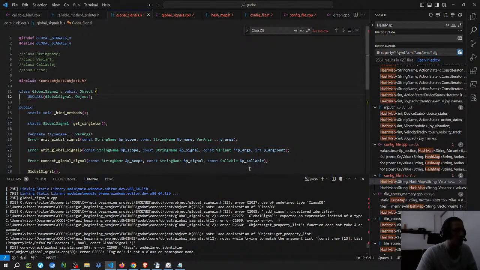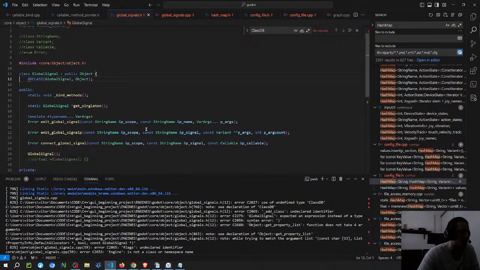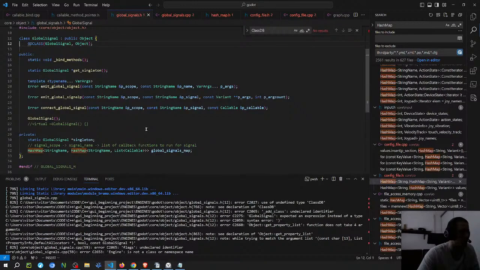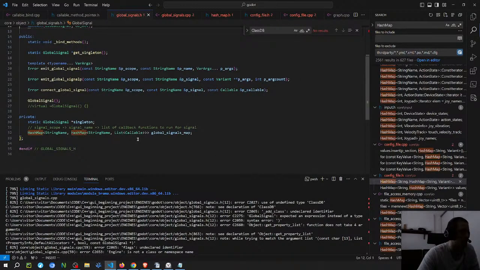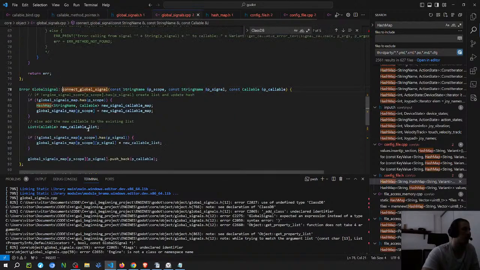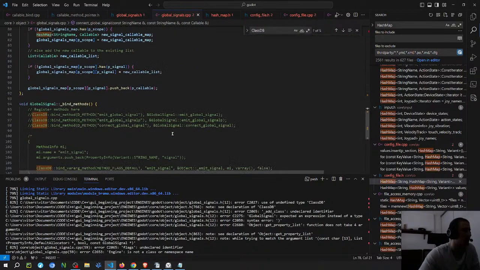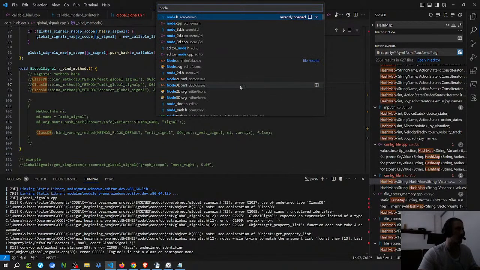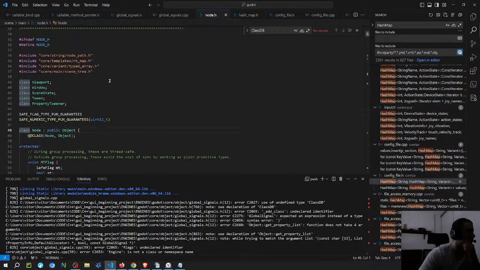I still get the undefined class DB thing, which is weird. So I guess one thing that I can do is just look at the nodes and copy the stuff that the node does.